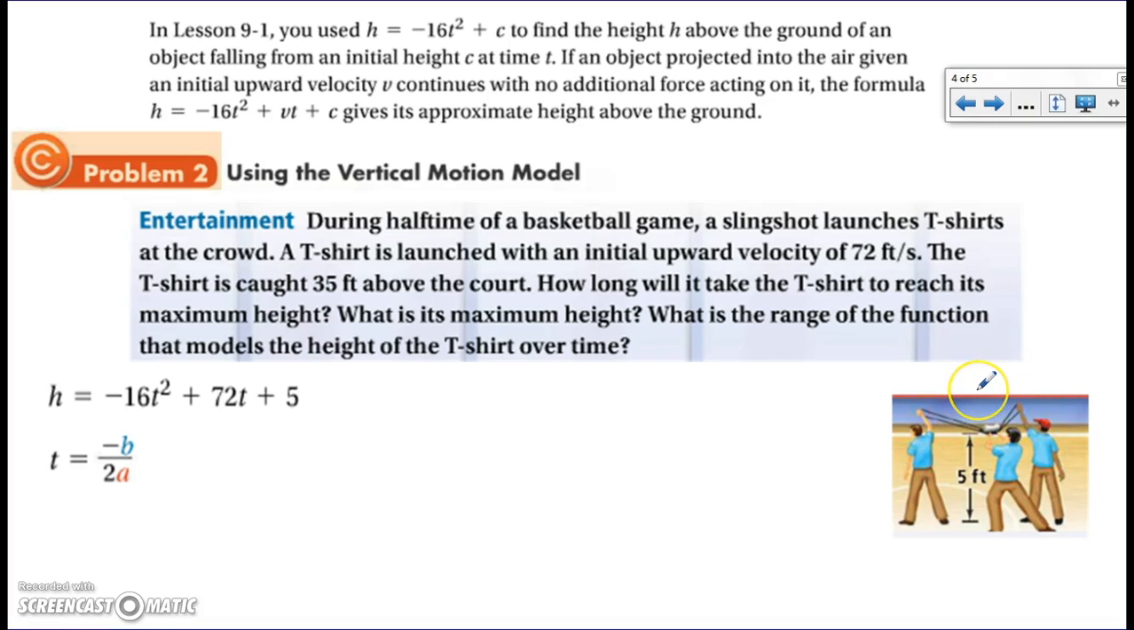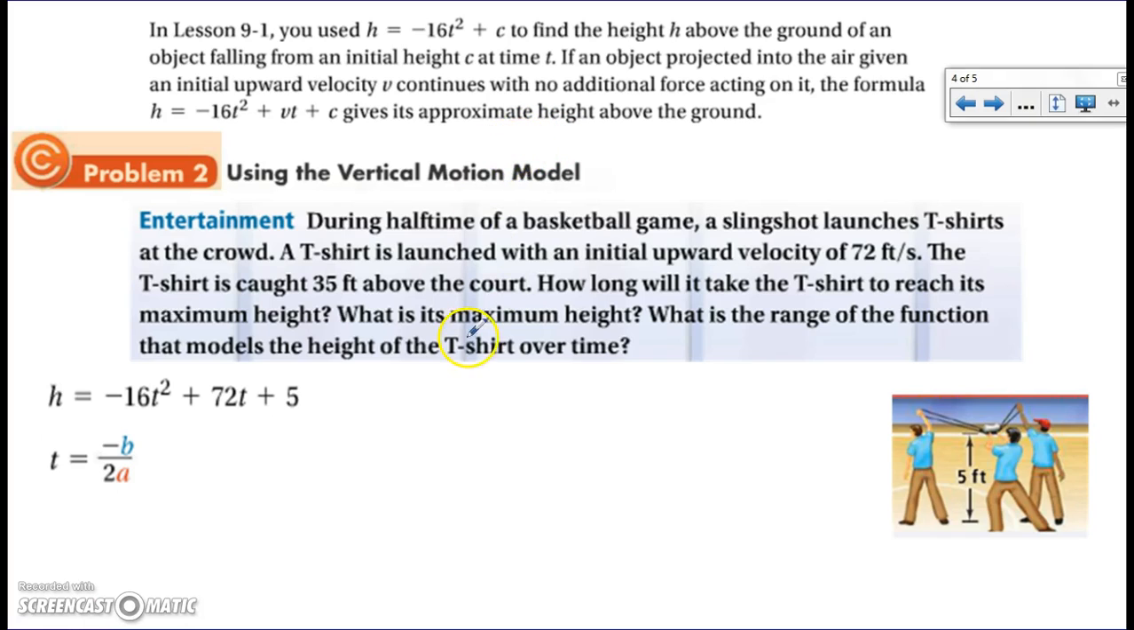Okay, if you remember from our 9.1 lesson, we used the equation of -16t squared plus c to find the amount of time that it took an object to fall out of a tree, like when we were dropping the acorn. This time, for our problem, we're going to be using the equation of -16t squared plus v times t plus c. This is talking about if we throw something up into the air and it has no additional force on it,